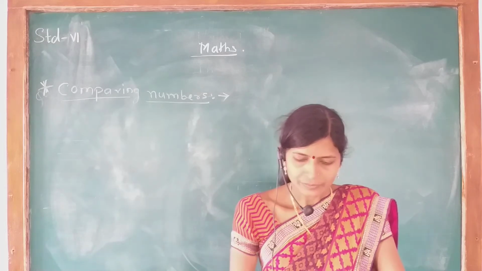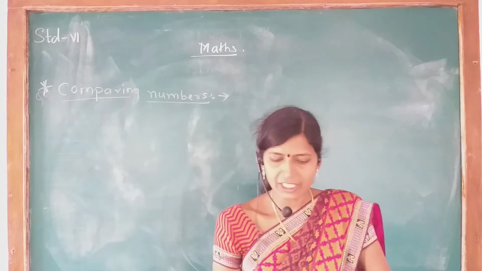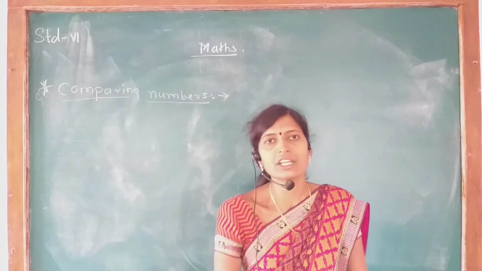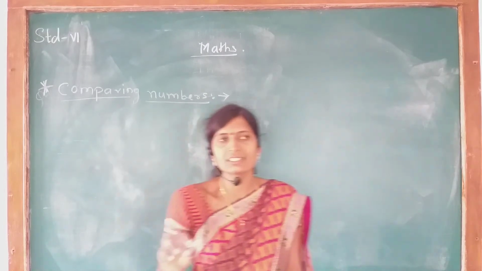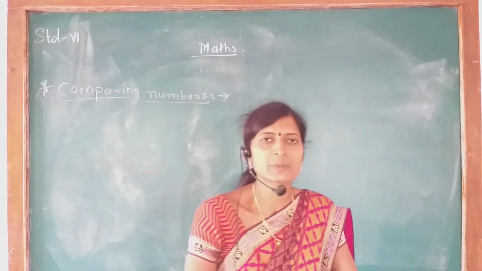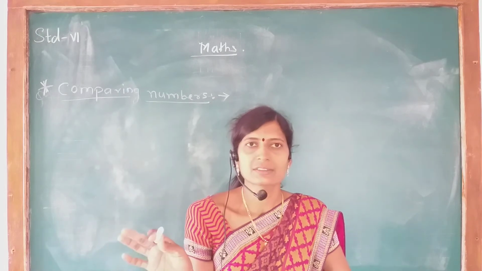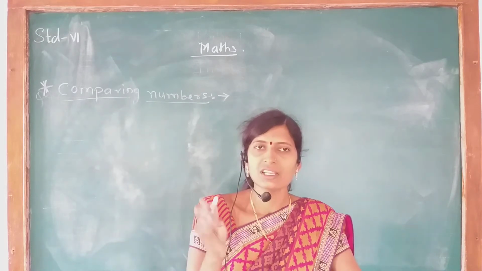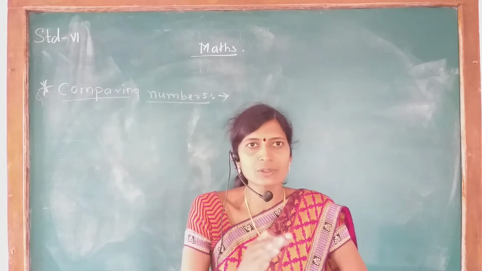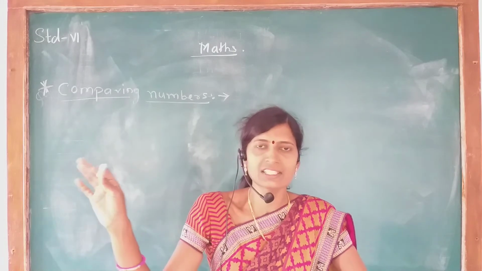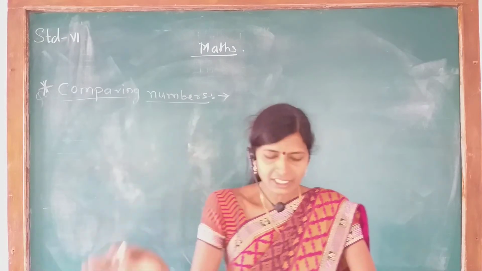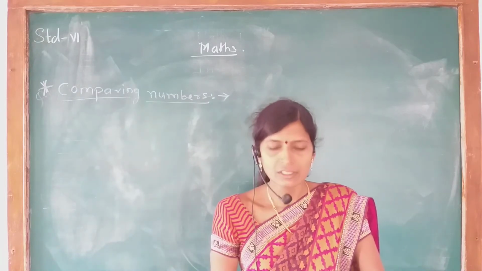So see here, the next point is making numbers. Making numbers means you know that for making the numbers we are using the digits. In the first session only I explained that 0 to 9 digits, that means 10 digits we are using, and the digits start from 0. 0, 1, 2, 3, 4, 5, 6, 7, 8 and 9. These 10 digits we are using for making the numbers.